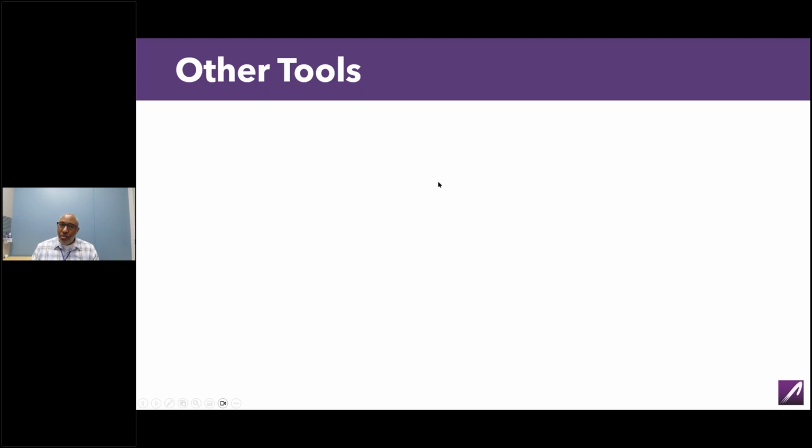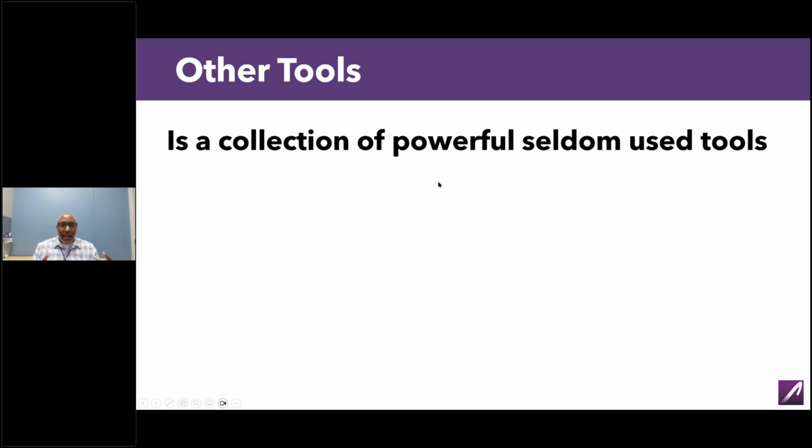So there's a few other tools that are inside the tools and settings area. Other tools is a collection of powerful but seldom used tools. It allows you to clean up your finance data. Sometimes people have the software for a really long time and you've got a bunch of data in there and just want to clean up that data. And sometimes it's necessary to get rid of that data if you want to clean up some accounts as well,